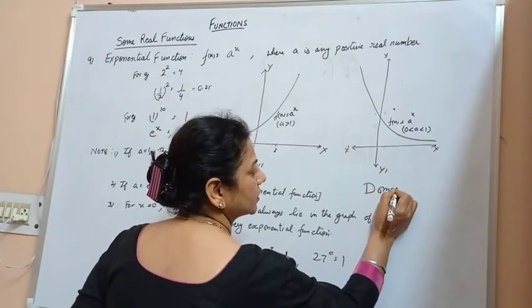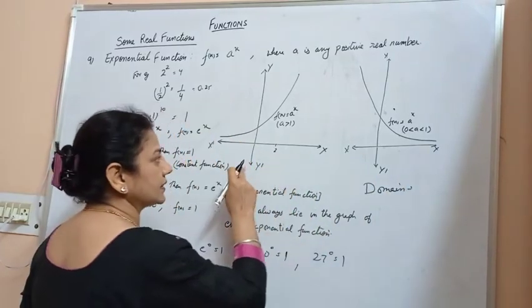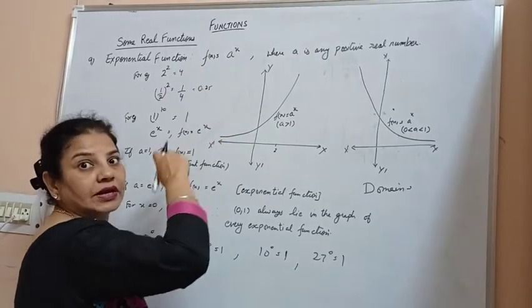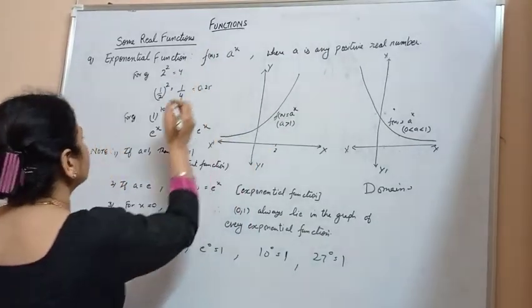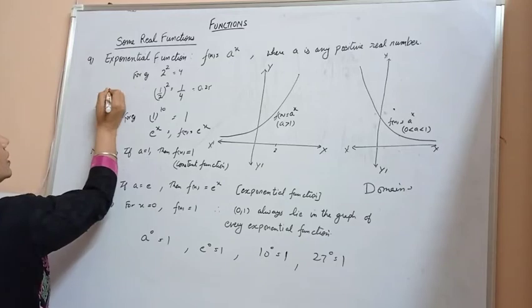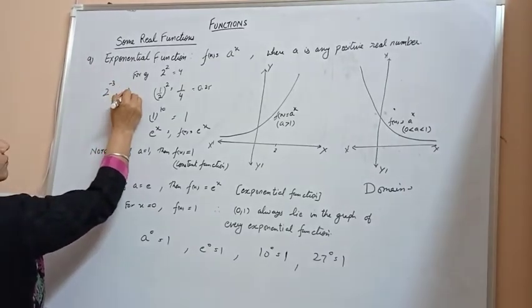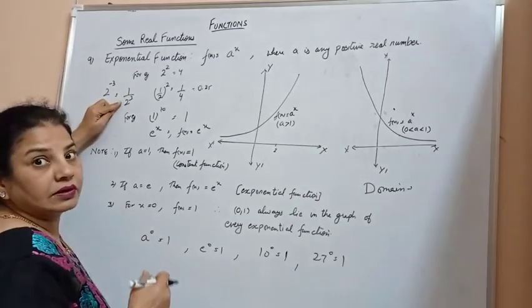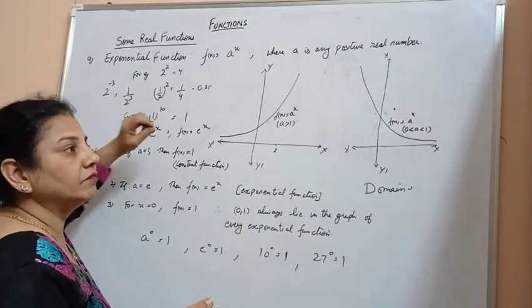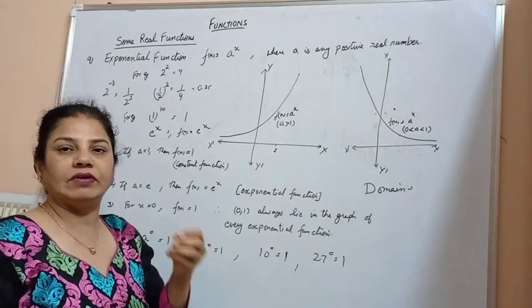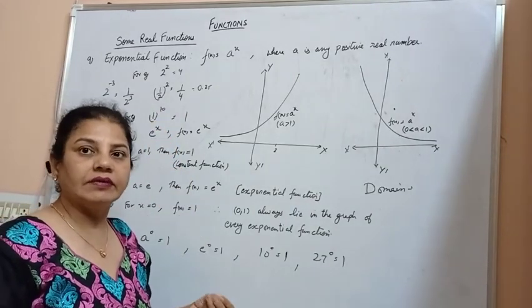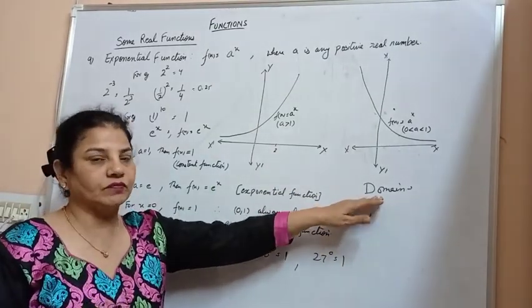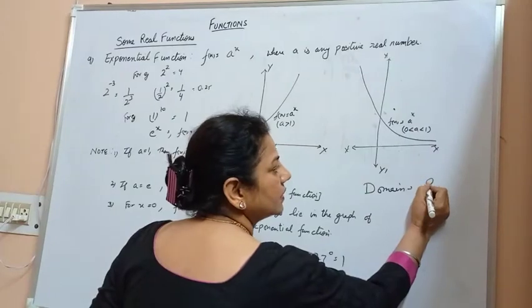When we talk about the domain and range of this function, the domain of x can take all the values. X can take positive and negative values. If I have, say, a negative value, say 2 to the power minus 3, what should I get? 1 upon 2 to the power 3, making it positive. So again 1 by 8, which gives me a value nearest to 0, but it won't give a negative value. So x can take both positive and negative values. So the domain of this function is the real numbers.